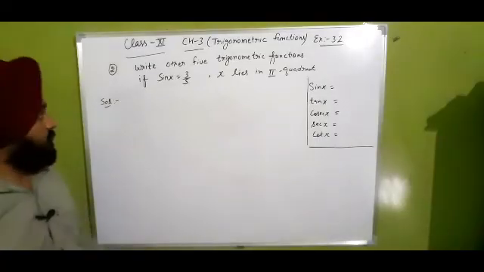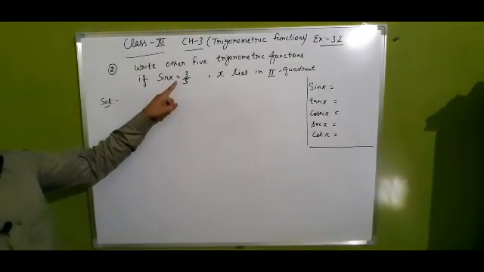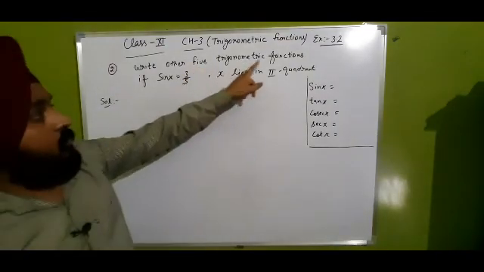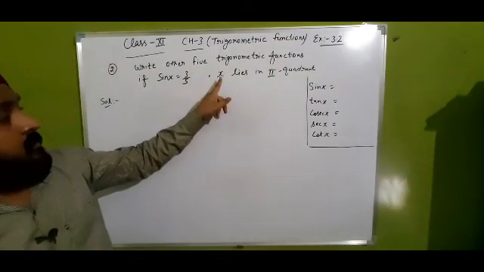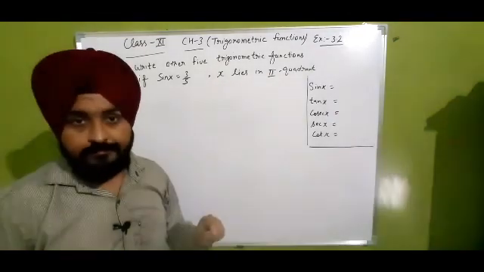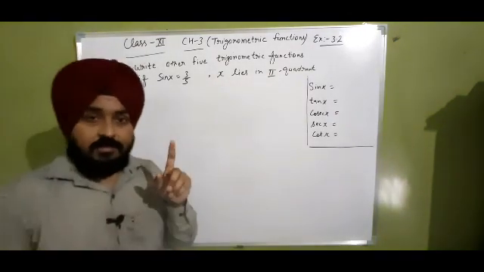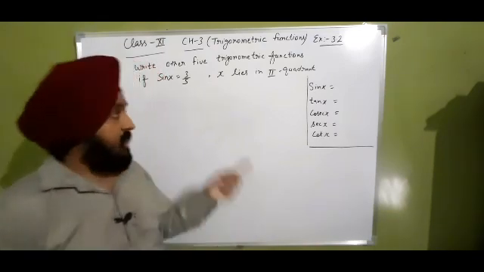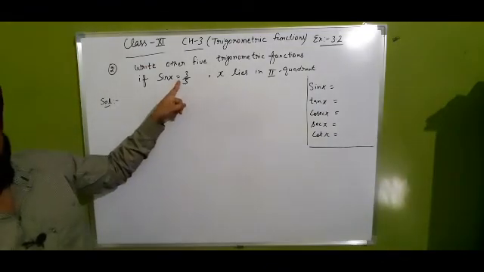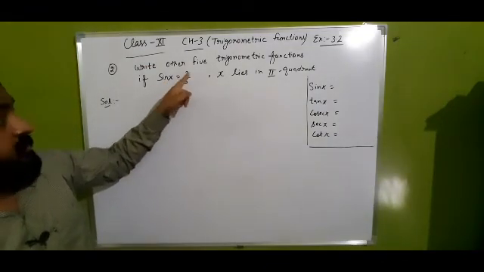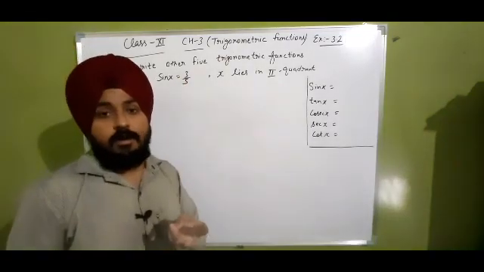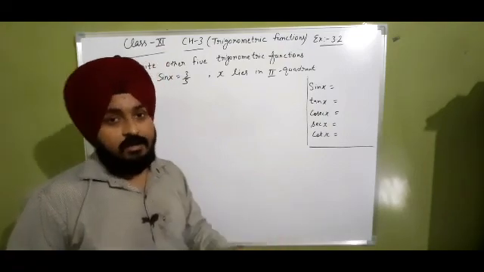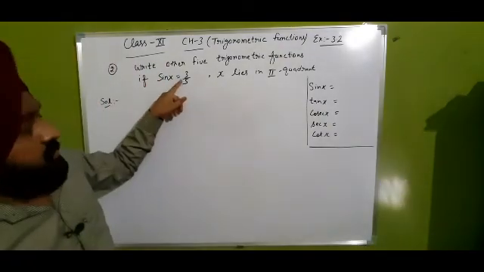Yes बच्चे, second question. Now you have been given sin x equal to positive 3 upon 5 and you have to find the other 5 trigonometric functions. Here check, x lies in the second quadrant. Clear? As you know, in the second quadrant sine and cosecant are positive. So that's why it's given a positive value. Sin x is positive 3 over 5 because in the second quadrant sin theta as well as its reciprocal cosecant theta is also positive there. So that's why they have taken a positive value there.